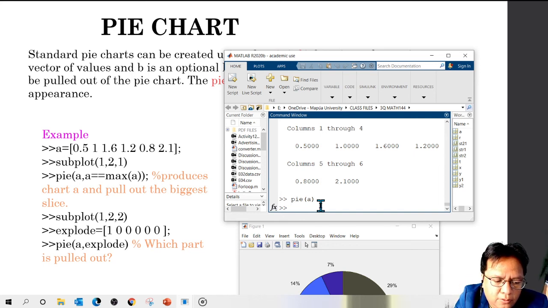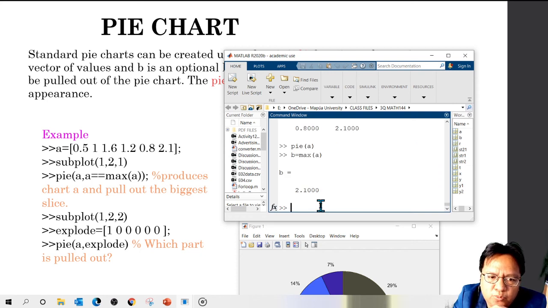So let's have B is equal to the maximum of A. That's 2.1. So if we want to pull out this element, what we can do is we identify certain elements to explode. So, yung explode, ang gagawin niya dito would be,